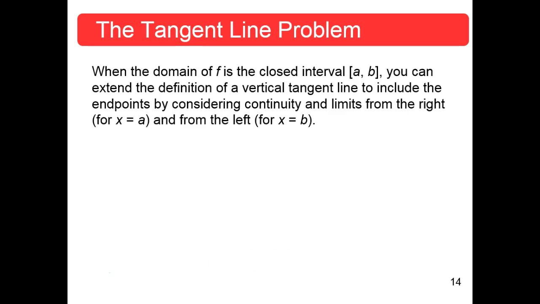So let's do example 2 here. Find the slopes of the tangent line to the graph of f of x is equal to x squared plus 1, at the points (0, 1) and (negative 1, 2). Now they show it in the figure, but being the cynic that I am, I want to make sure